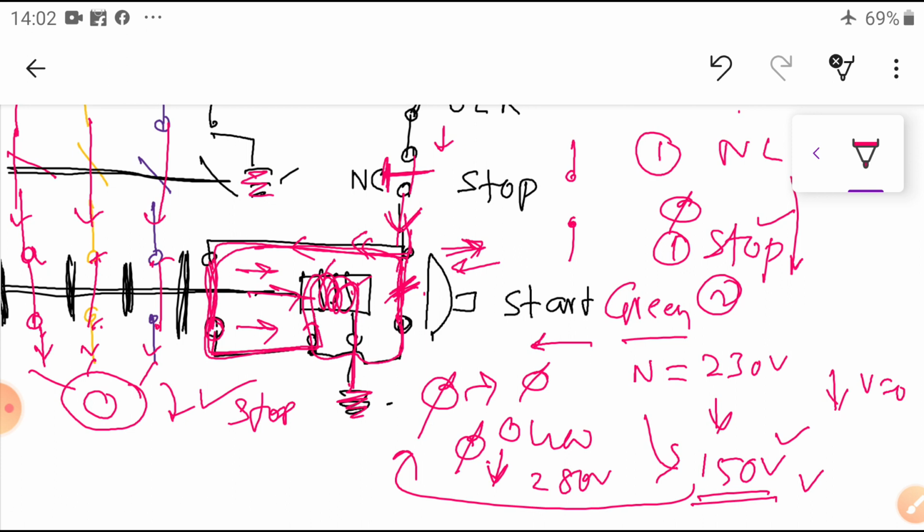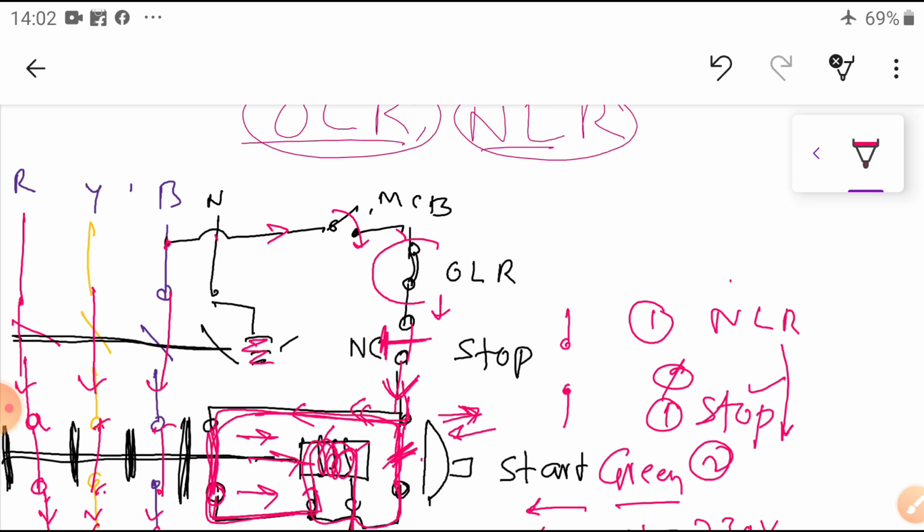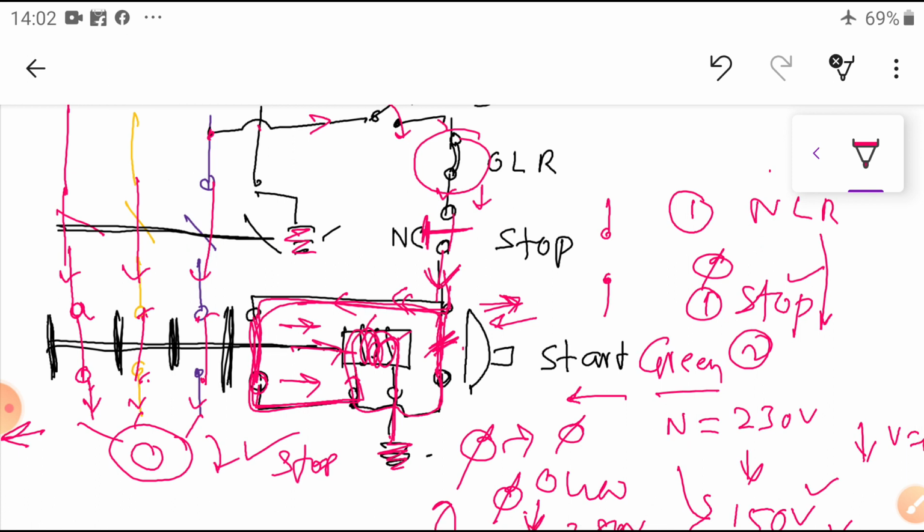Now coming to the overload coil. What is the overload coil here? OLR. Here a bimetallic strip is provided. How is the bimetallic strip under normal condition? Whatever current is flowing here, heat will develop here, but the heat is unable to bend the strip. If the motor is drawing more current, the load current is flowing through this one. Automatically, due to the bimetallic strip, the heat will take effect and open this one. If it is open, it automatically de-energizes the coil. No supply is given to this one, then automatically it will open this one.